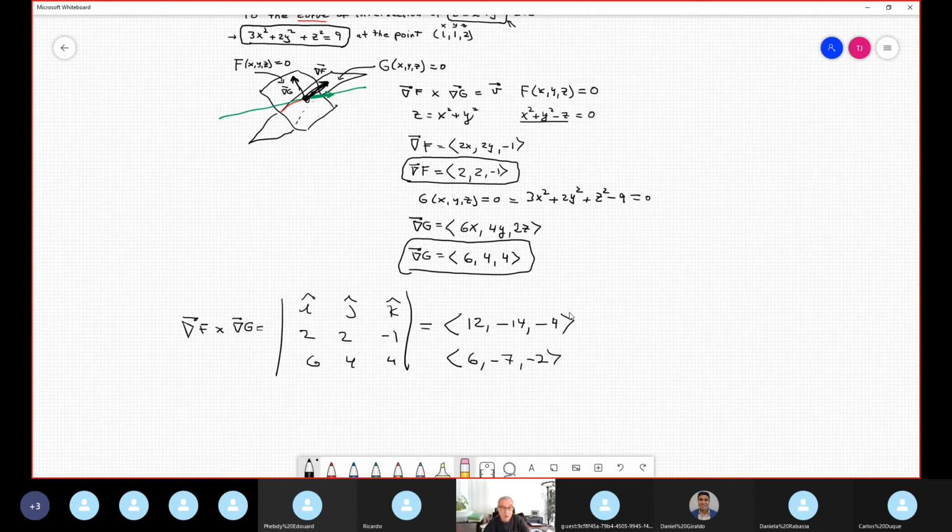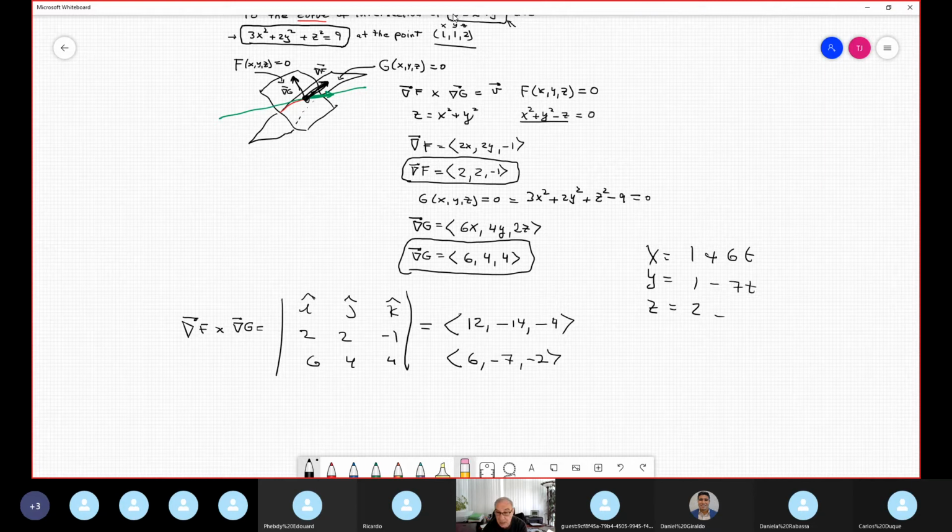Okay, so now my equation for the tangent line is x, y, z in parametric form. The specific point is 1, 1, 2. Where does it come from? Look here. And the direction vector is this: 6t, minus 7t,